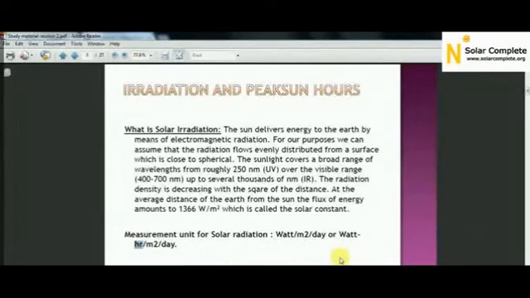So you fix a pyranometer, which can also measure energy. It will show you the energy on 1 meter square area per day. You have to multiply whatever value you get by 100 or whatever the total area is. So you will get the total energy generated by the solar panels installed on a 100 meter square area. Like this you can do the calculation. It is very important to understand the measurement units for energy, solar energy and solar power.